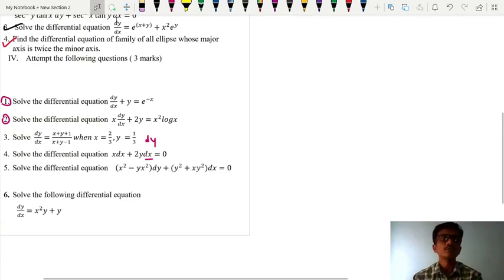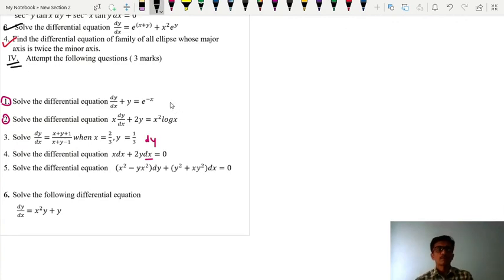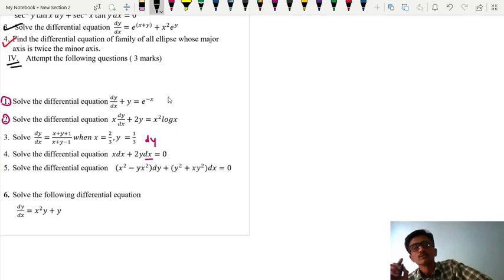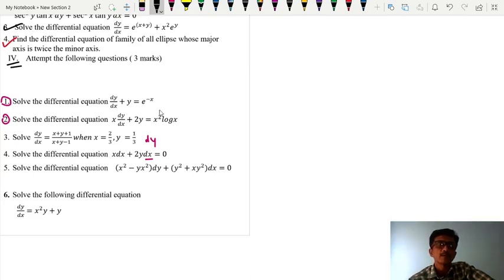Now let's attempt next question, that is the fourth question. In fourth question पहले दो क्वेश्चंस जो है सो वो लीनियर डिफरेंशियल इक्वेशन में, that is not included in your portion at present, तो ये हमको नहीं करना है. ओके, for exam point of view these 2 questions are deleted. Now we will see question number 3.